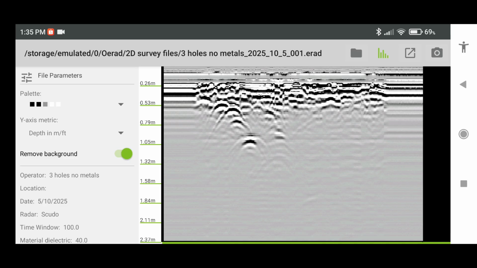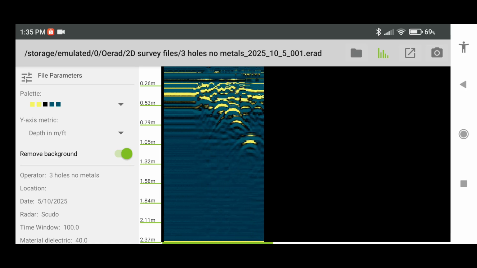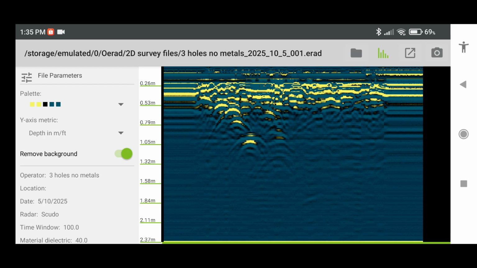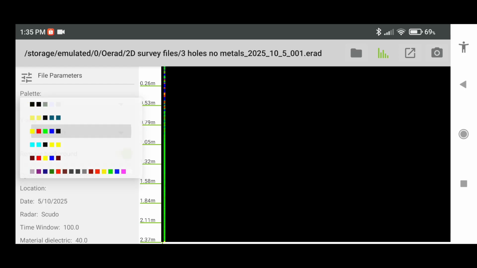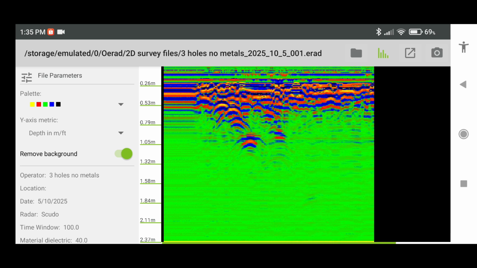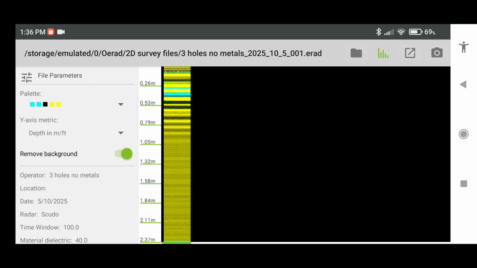For the no metals, let's say second palette. The third palette. The fourth palette.